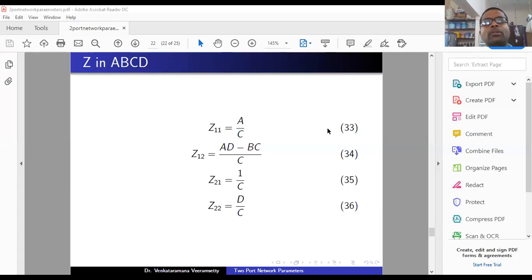That is, if we know the ABCD parameters of any two-port network, from those ABCD parameters we can easily calculate the